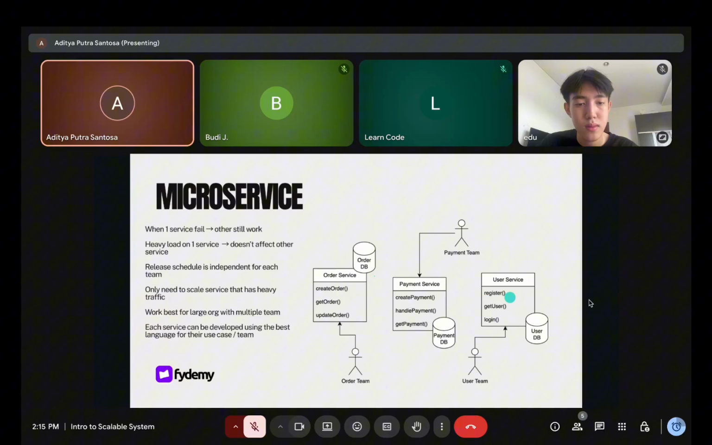So if, like in our example before, the user service pushes bad code and causes a nil pointer exception and crashes the service, it won't affect any order creation or any payment creation at all. Also, because the resources are different, if we have a heavy load on the order service, it won't affect the other services. And because the release schedule is also independent, if the payment service wants to release next week and the order service wants to release now, they can just do it